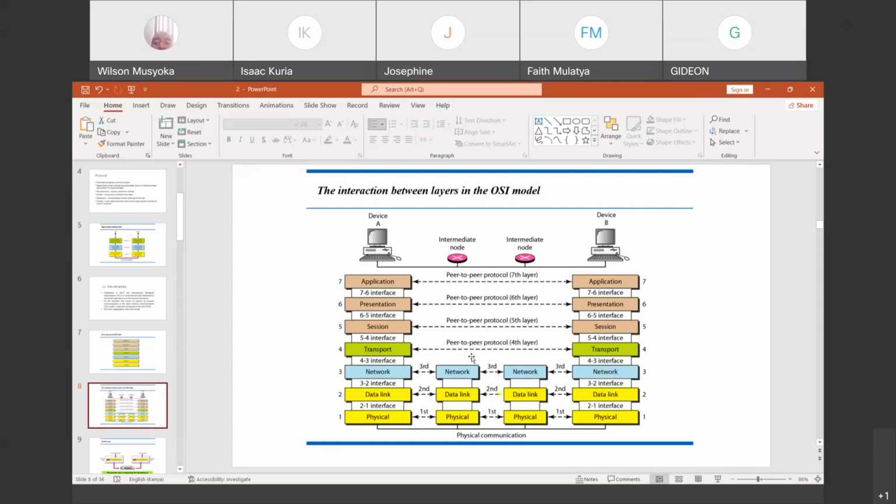If it was just a message to be read later, then TCP forwards it or moves it to the next adjacent layer, whereby now the synchronization can kick in and the encryption and decompression takes place, and you are able to see the message that has been sent. So that is how the layers are going to interact with one another, either as adjacent layers or as different or same layer interactions.